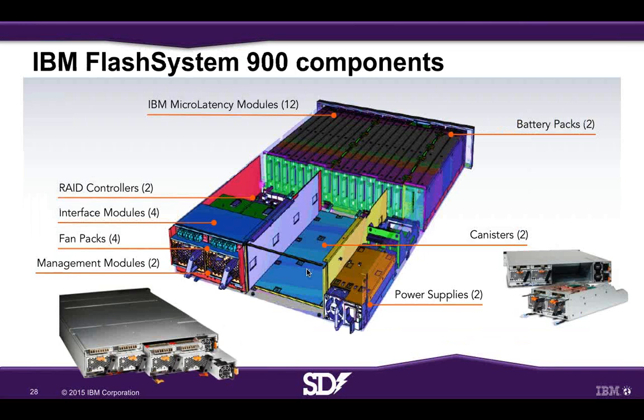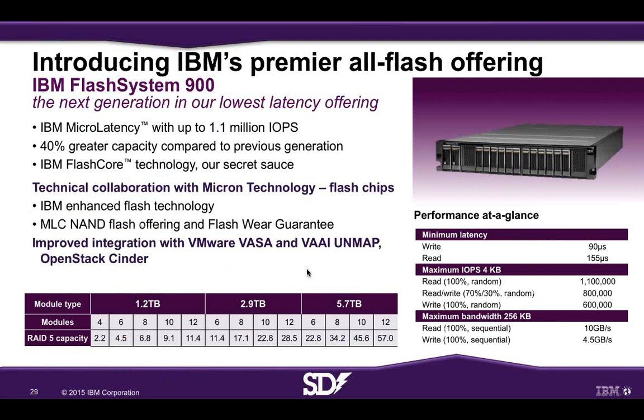All of this just shows the hot swappability, et cetera. And as I mentioned, the size of the modules is 1.2 terabytes to 5.7 terabytes, which takes us from the smallest unit, 2.2 terabytes, up to 57 terabytes usable in the 2U array. Now, that's where it gets interesting, because as I mentioned a minute ago,